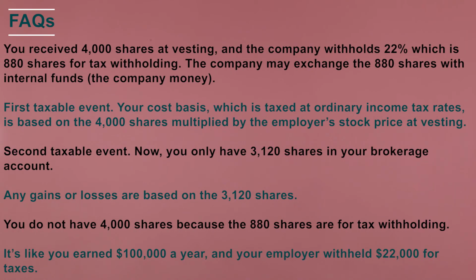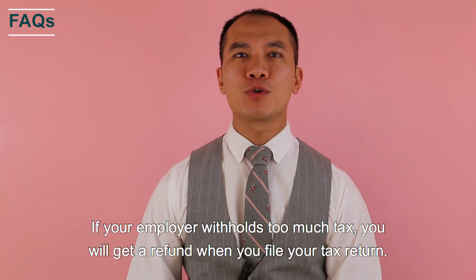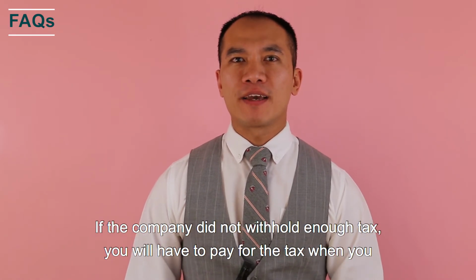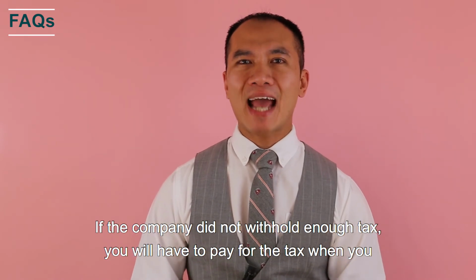It's like you earn $100,000 a year and your employer withheld $22,000 for taxes. You only have $78,000 in your bank account. If your employer withholds too much tax, you will get a refund when you file your tax return. If the company did not withhold enough tax, you will have to pay the tax when you file your